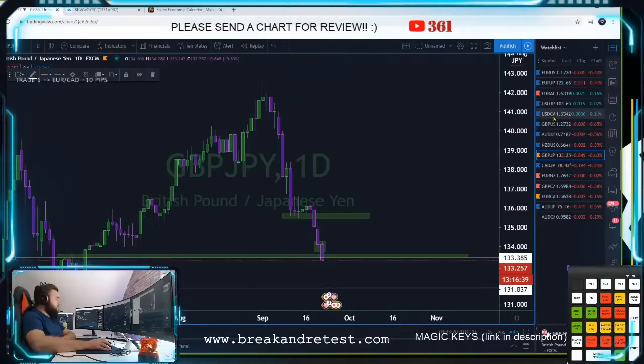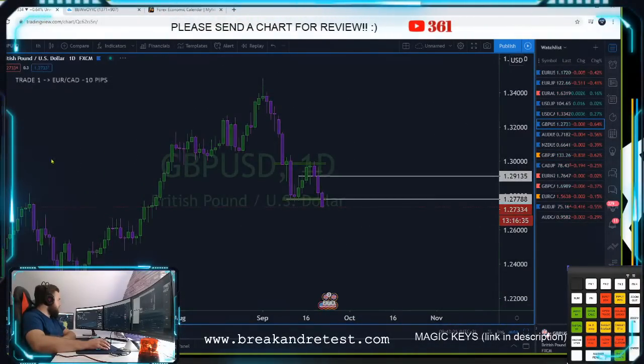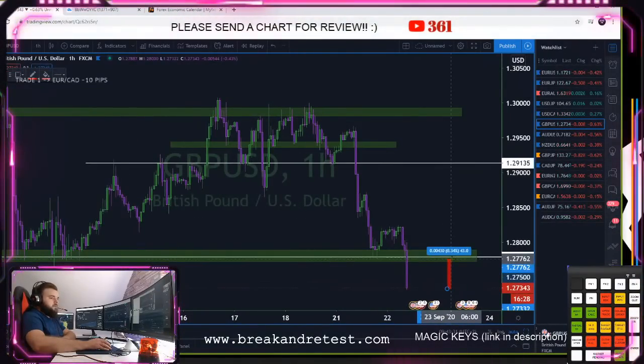Let's see, I think GU is very clear on this. The only thing is that it has gone too far. It's almost 43 pips, yeah, almost 50 pips below support. So